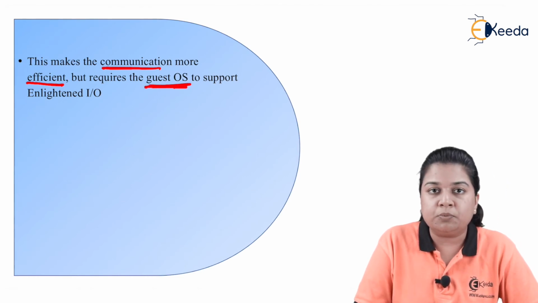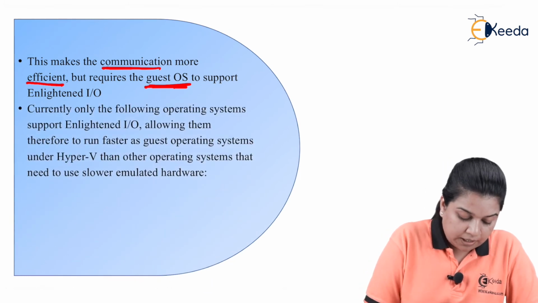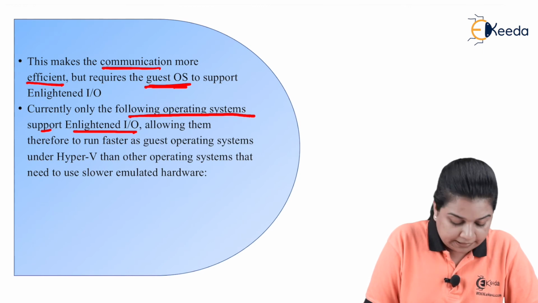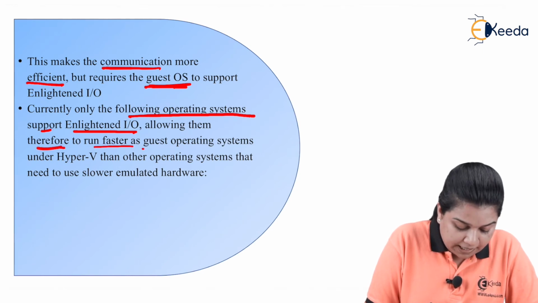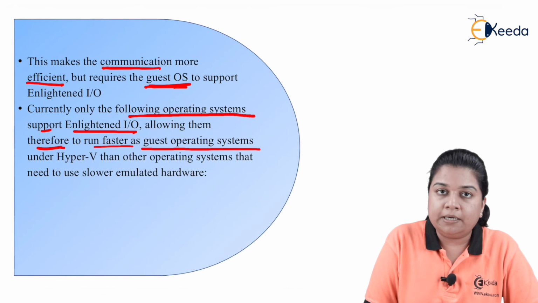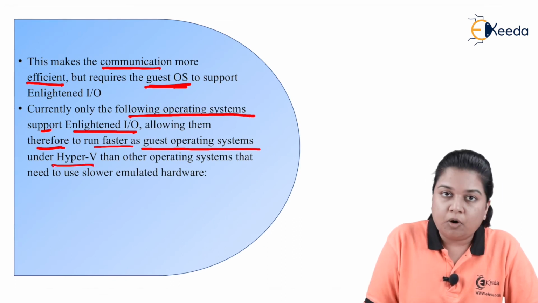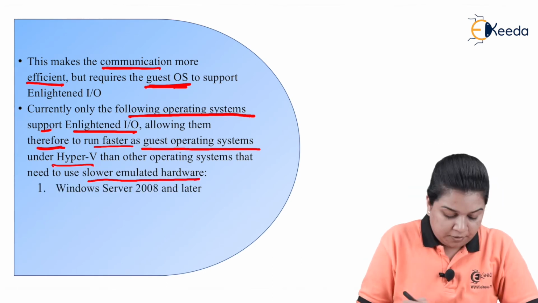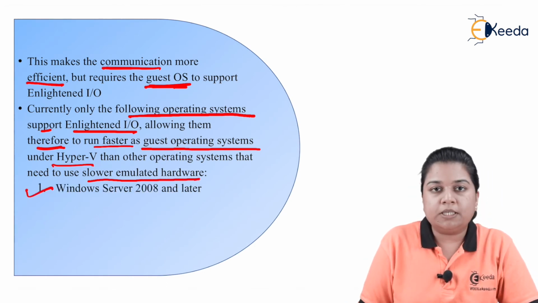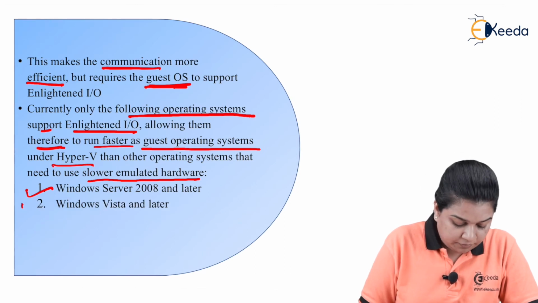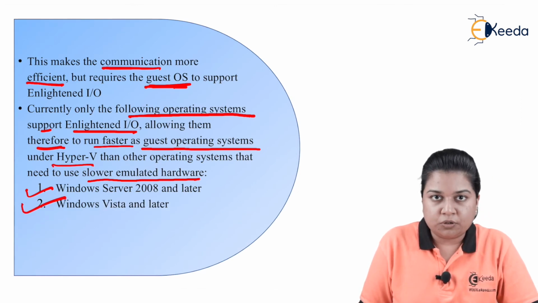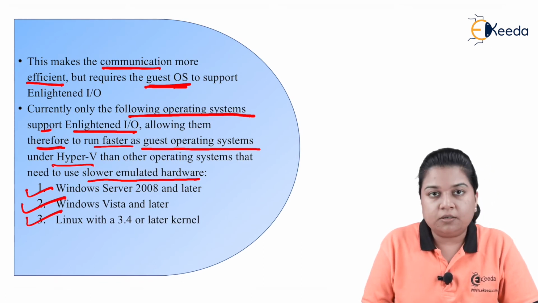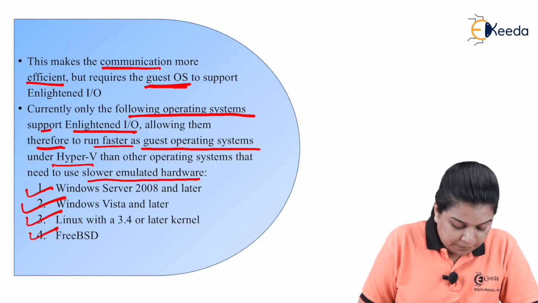the enlightened input-output. Currently, only the following operating systems support enlightened input-output, allowing them therefore to run faster as guest operating systems under Hyper-V than other operating systems that need slower emulated hardware. First one is Windows Server 2008 and later. Second one, Windows Vista and the later versions of it. Then Linux with 3.4 or later kernels, FreeBSD,